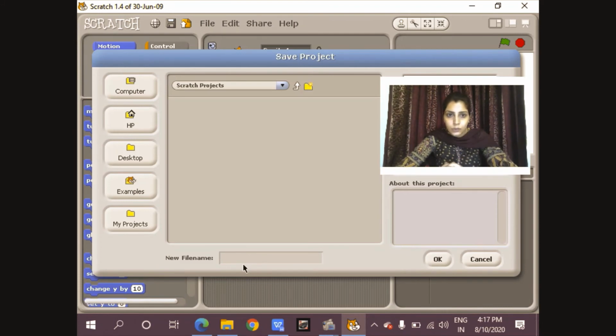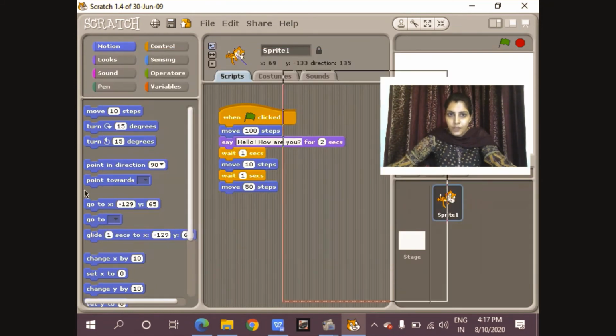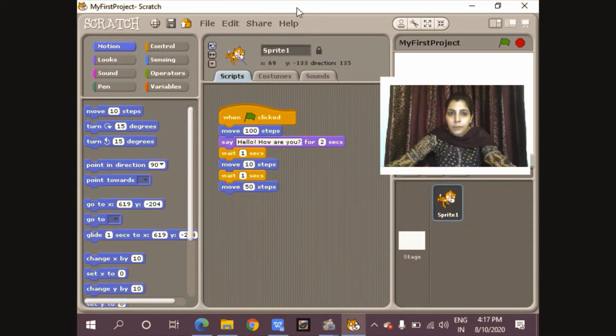Under the file menu, then save as option for the first time. Now provide a file name. For example, I'm giving my first project, right? So click on the OK button. So you can see on the title bar now, my first project.